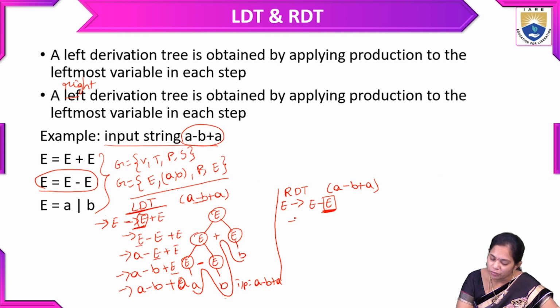So here, instead of this E, we will write E plus E, because after minus we will write plus. We have the input value plus. So that's why we are taking E minus E plus E. So instead of E we will write... And here again we already got the